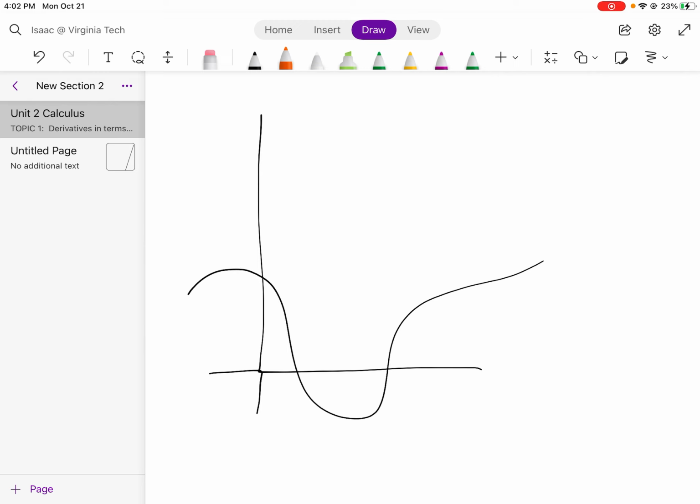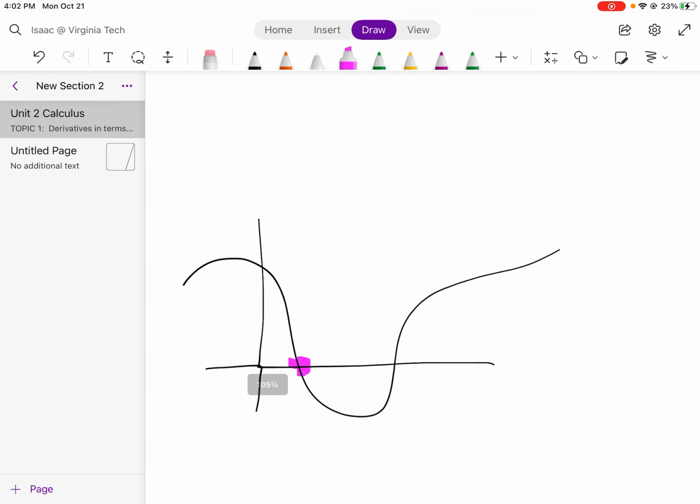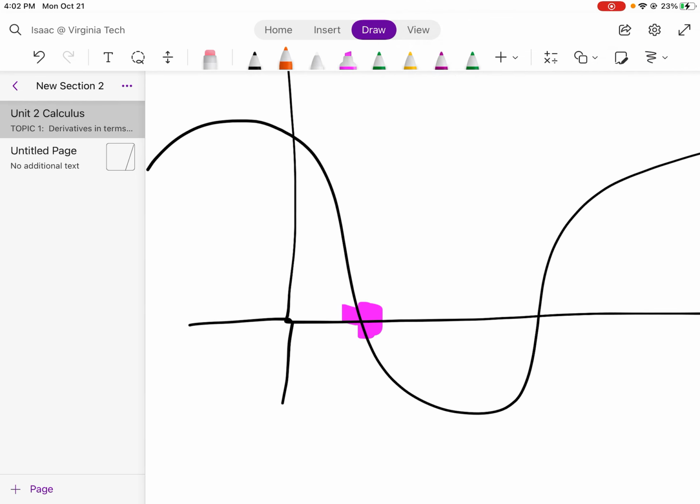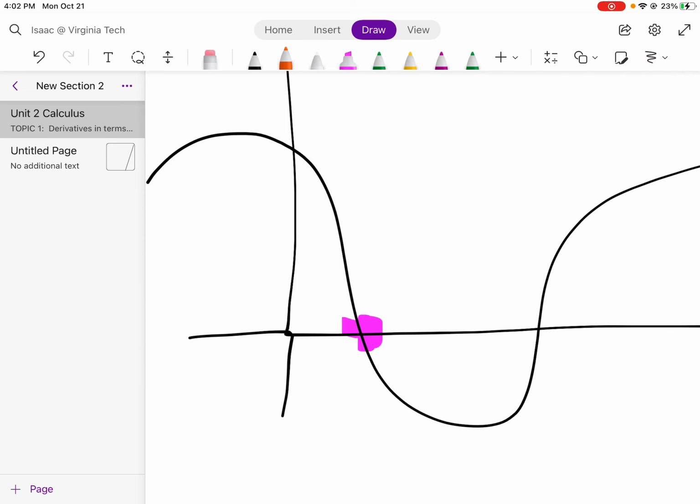We are trying to find, let's just go back to that purple color again. This is what we want to find. So we choose an x1 that is easy to find. Let's say this is what we choose as x1. The reasoning is, let's say whatever this y value is right here is a whole number. Let's just say it's -3. It's easy to calculate. There's no point in doing something like this. That's not easy. So we find something that's close and easy. We don't want to do an x1 right here because that's going to make us end up figuring out that